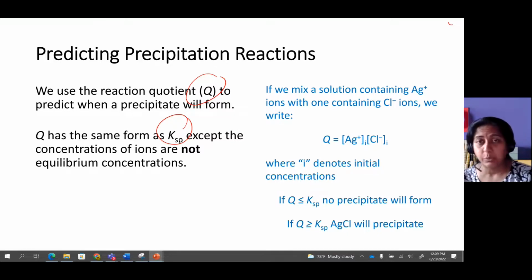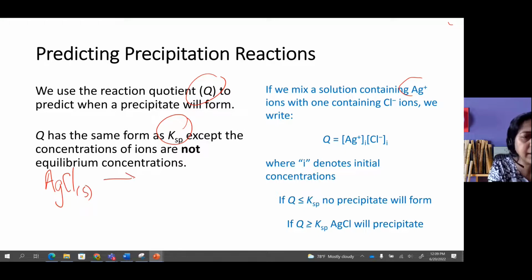for the Ksp we use only equilibrium concentrations. For the Q we can use any concentration. We normally use the initial concentrations. As an example, if we look at the dissociation of the AgCl,